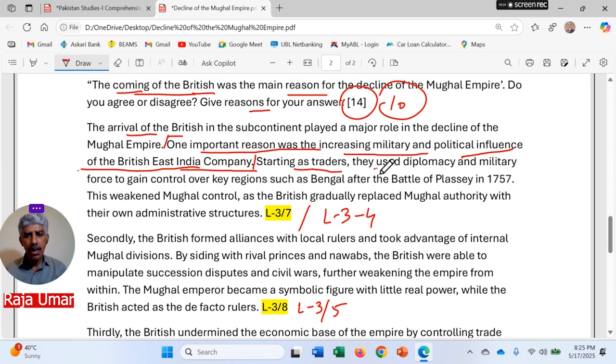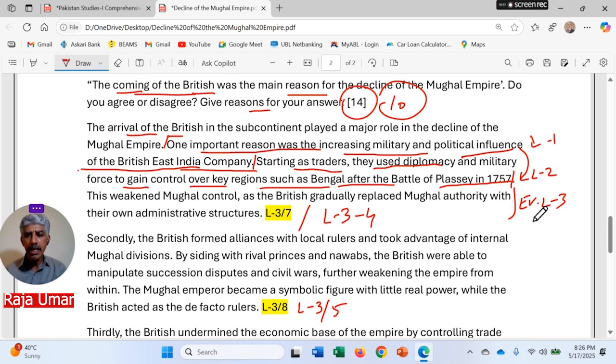Starting as traders, they used diplomacy and military forces to gain control over key regions such as Bengal after the Battle of Plassey in 1757. So this is the explanation of the reason, how they were able to get in control. Up to this point, level 2 is reached. Level 1 is the reason, and then this weakened Mughal control, and the British gradually replaced Mughal authority with their own administrative structures. So this is the evaluation,